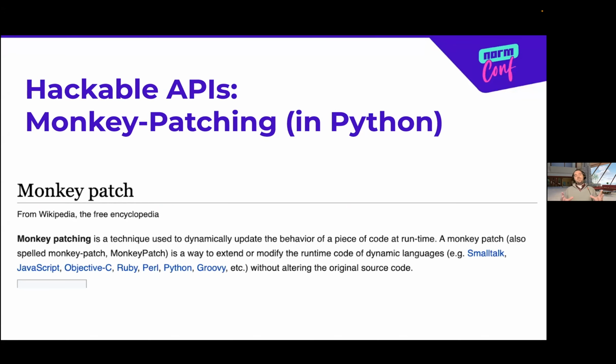So I want to talk about 2 particular kinds of messing around with internals that have been very interesting and useful to me, particularly in the last few years. And the first one is monkey patching. So monkey patching, besides being an excellent term, is a broadly applicable idea in various dynamic languages where you actually can replace some of the code as your code runs.